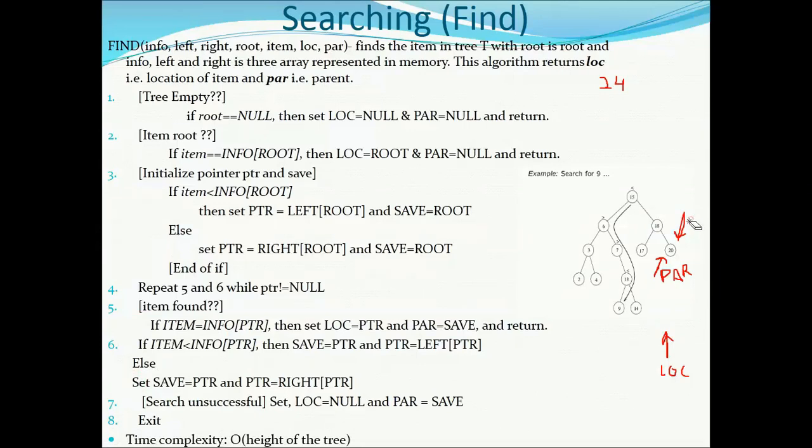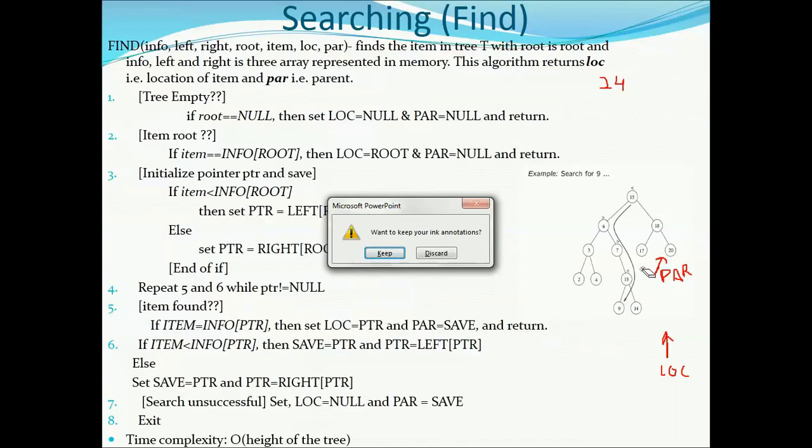Okay, so we'll see the same algorithm in the continuation of this whenever I am doing the insertion, because for insertion the searching is required. So that is all about the searching algorithm. In both the cases we have seen a successful search and an unsuccessful search. The time complexity will be order of height of the tree, to be precise. If it is a balanced tree, the complexity would be order of height, and that is order of log n base 2. Otherwise, if it is a skew tree, it should be order of n.